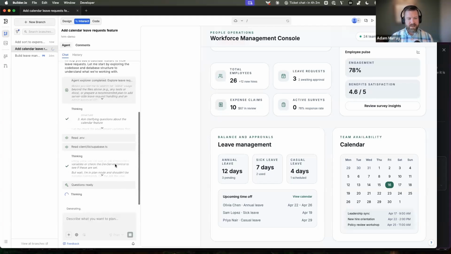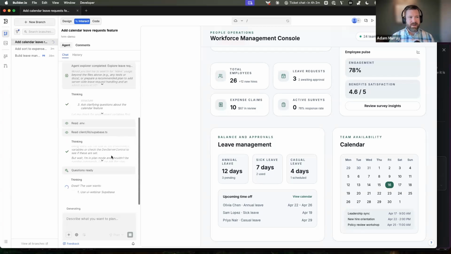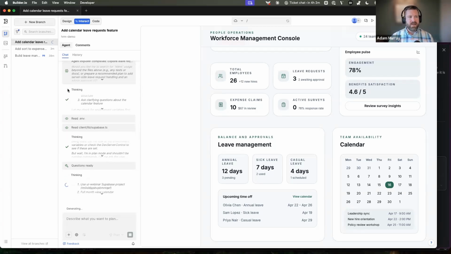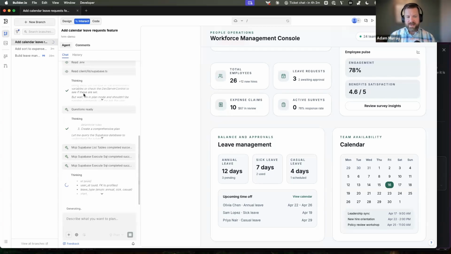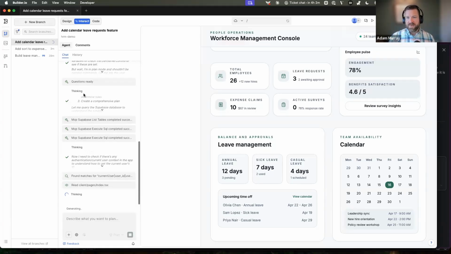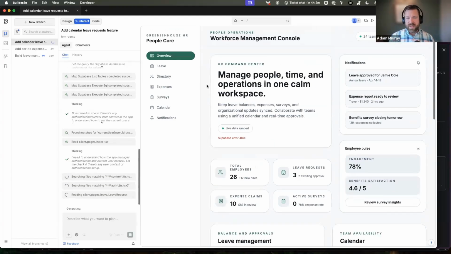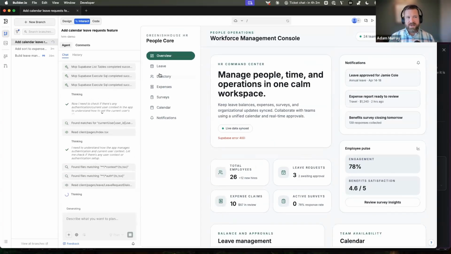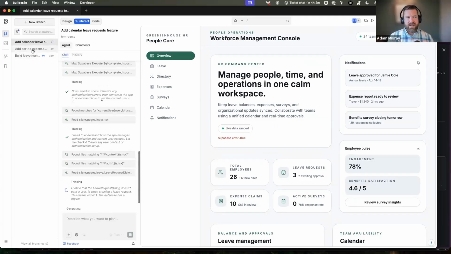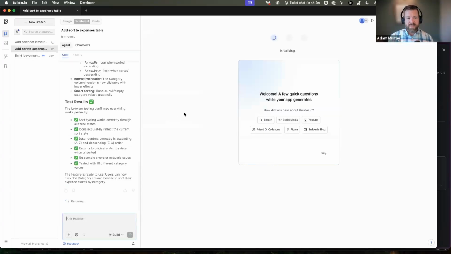I can click now submit, and now it's going to start building that out. So yeah, that's how you're taking all those things in and using that to build actual working prototypes that match your design, that match the app that you're doing. And you can see that what's really great about this is if I go back to this one here and let it spin up,